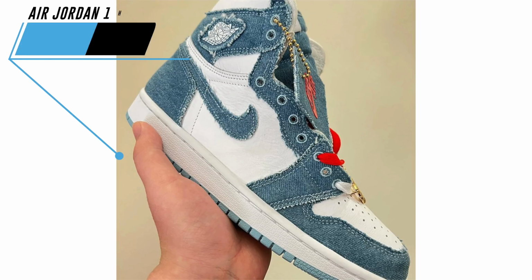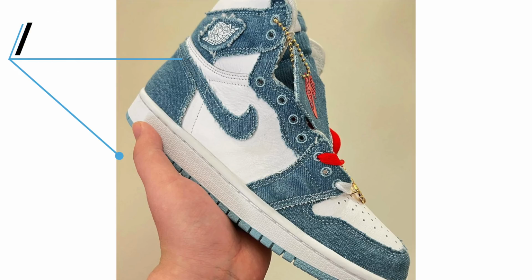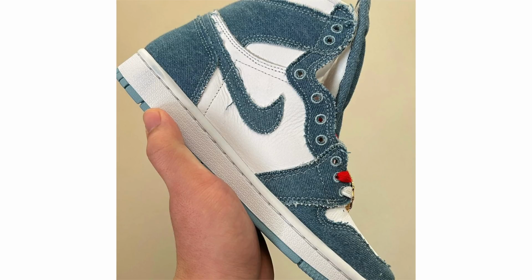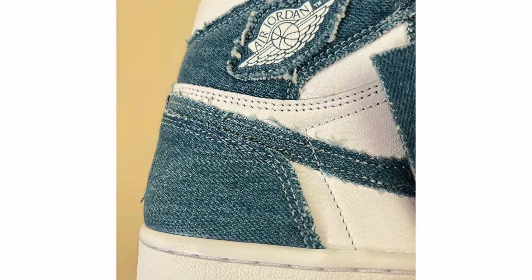Recently, we received a first look at the Air Jordan 1 High OG Denim. This is a women's exclusive release, not releasing in extended women's sizing, so the biggest size in men's you'll be able to get is a 10.5. Now, this isn't 100% confirmed yet, but it looks like this pair is going to get pushed back as well. So the expected release timeframe was in June. Now it looks like they're going to release sometime in September. Once I have confirmation on a date, I'll definitely make sure to update you guys, and the retail price is